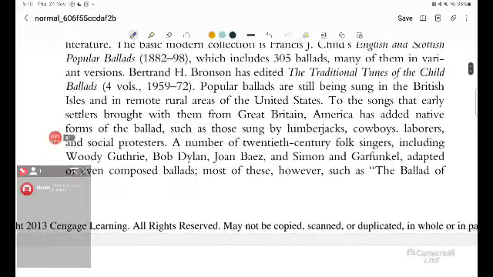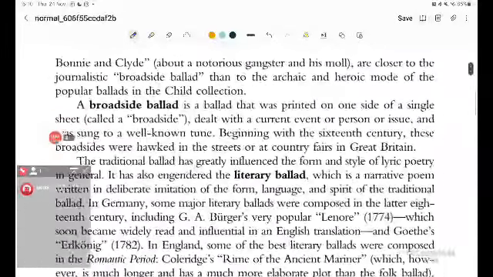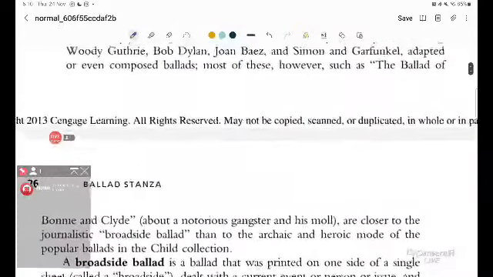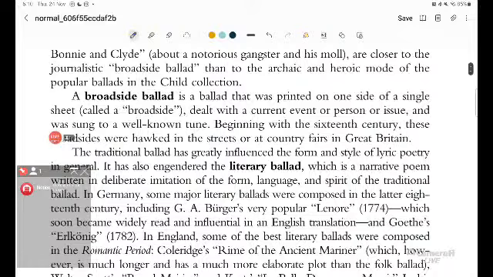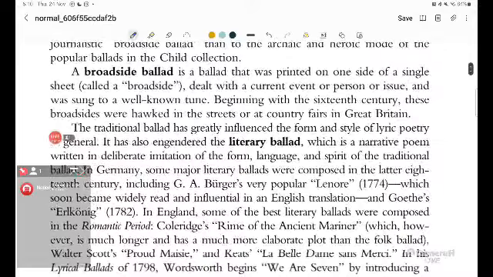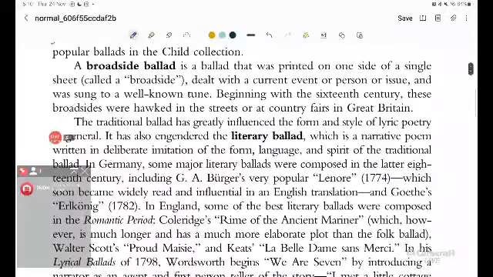वेट कीजिए, ये ज्यादा इंपॉर्टेंट नहीं है, नीचे है इंपॉर्टेंट पार्ट। हाँ, यहाँ से। सो a broadside ballad, ये क्या होता है? A broadside ballad is a ballad that was printed on one side of a single sheet, है ना, called a broadside, dealt with a current event or person or issue, and was sung to a well known tune. तो ये रहा आपका broadside ballad। डेफिनेशन आपका इतना ही है।